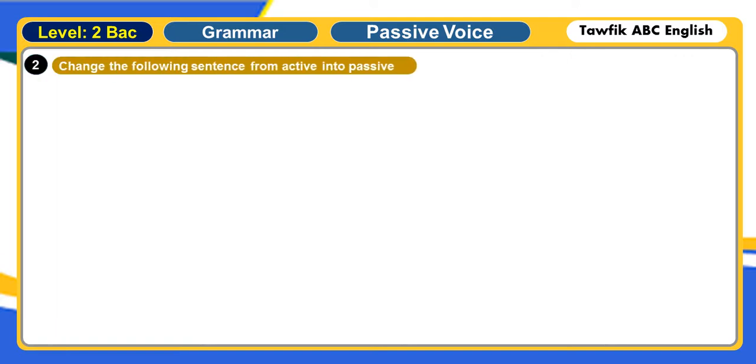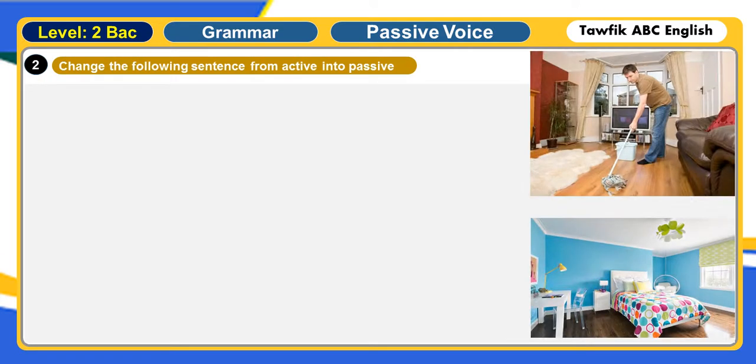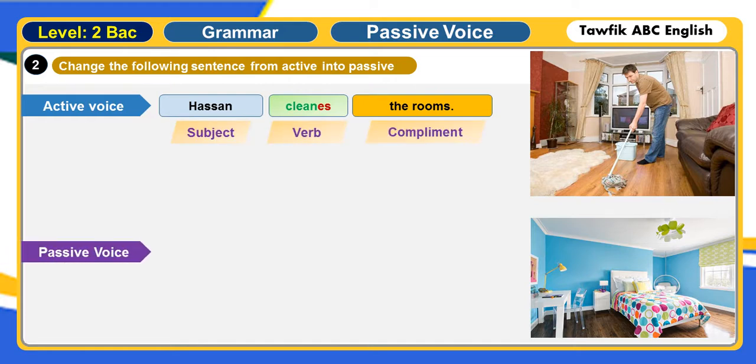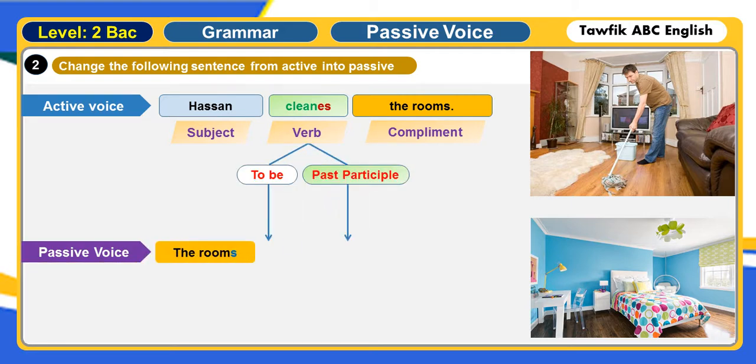Okay. The same sentence, Hassan cleans the room. So new subject, the subject, verb and complement. So to change it into passive, we say the rooms. هنايا هاد الخطوات هادي بتعقل عليها. يعني فين ما كنحدد النيو سبجكت كنمشي للفيرب. شنو كندير؟ كنشوف واش الفيرب